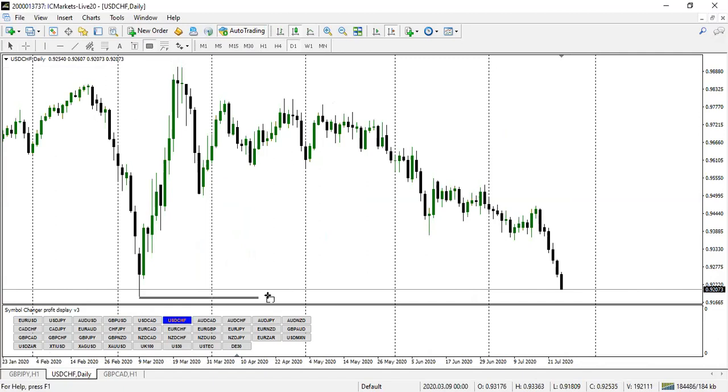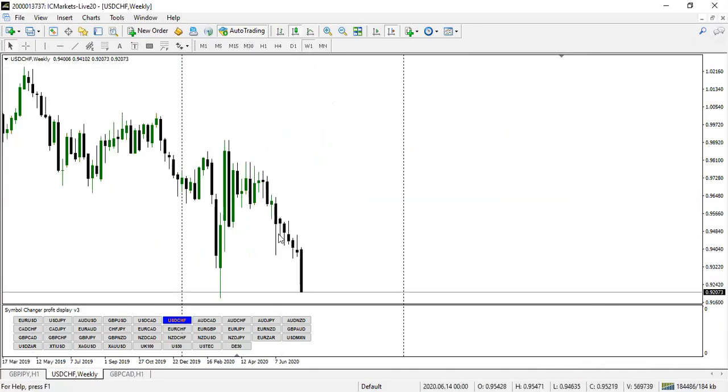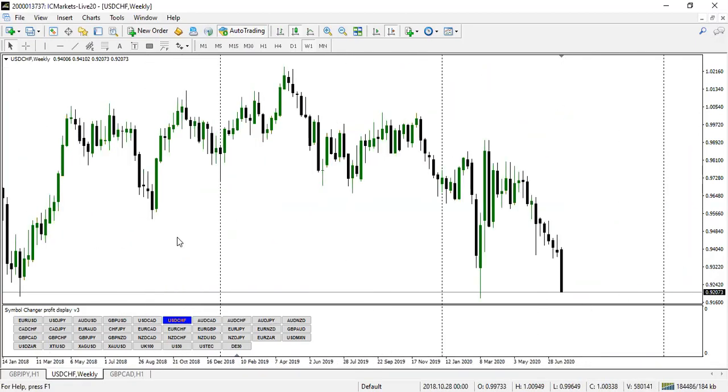For USD CHF, we have this liquidity zone, this trap zone that should be taken. So that shows this pair is actually still going down. Despite the fact that this pair has really been dropping on the weekly time frame, you can likely see the same thing, that this low, market will surely aim for this low to be taken out.